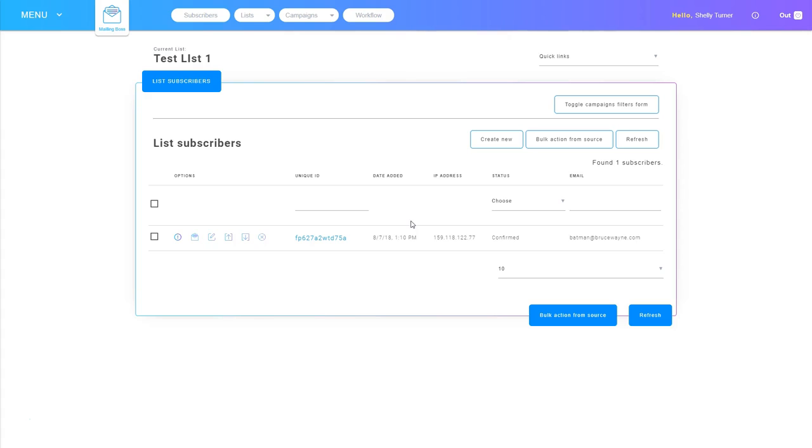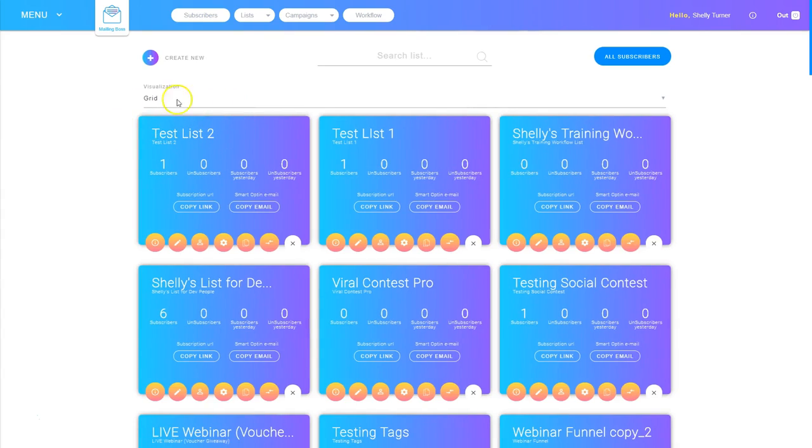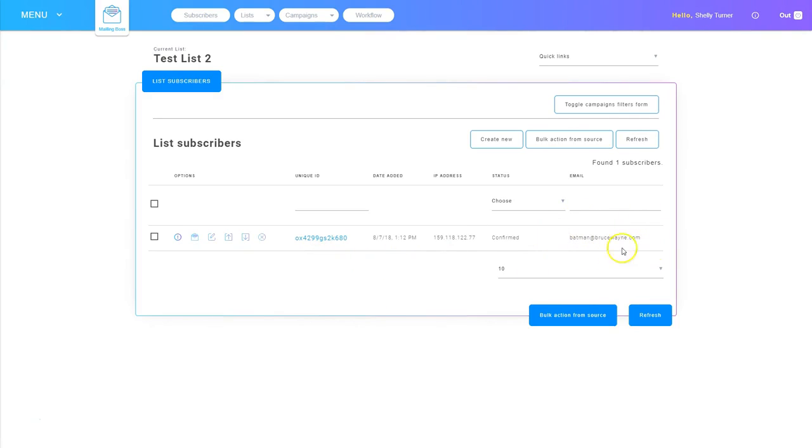So I'm back in Mailing Boss and I have to refresh. This is test list number 1. He's still showing as confirmed, but I have to refresh the screen to see any new information. So let me hit refresh. And now Batman is showing as unsubscribed on test list number 1. Let's check test list number 2 and see if he's subscribed. I'm going to go to Lists and then Lists again, and here's test list number 2. I've got 1 subscriber. I'm going to click the subscriber icon and you'll see that he is on that list